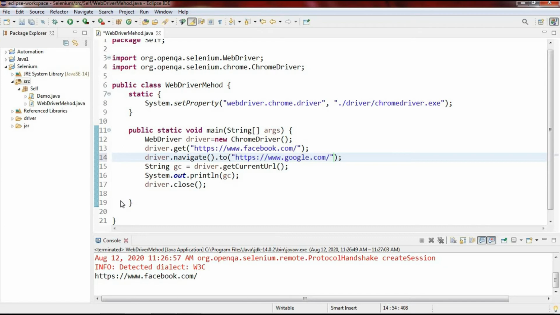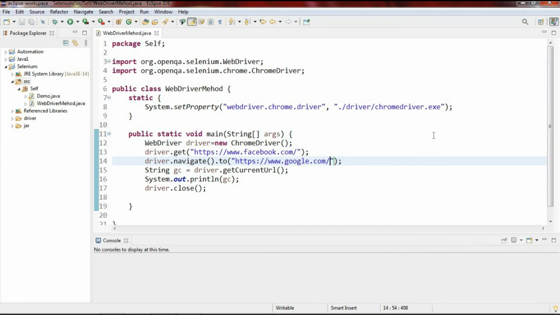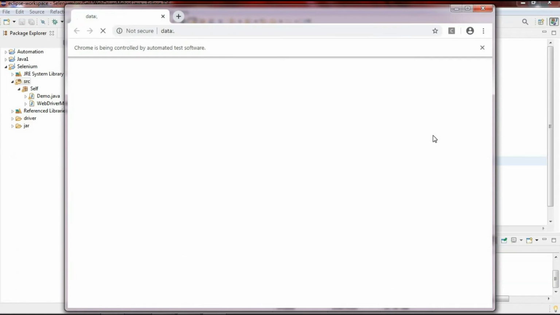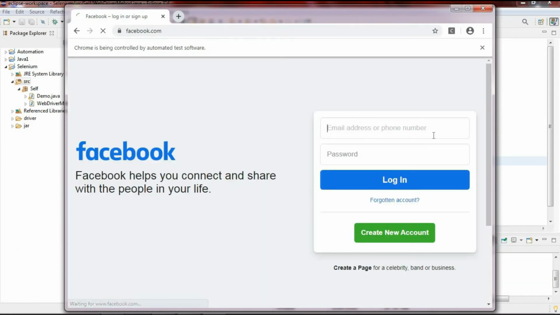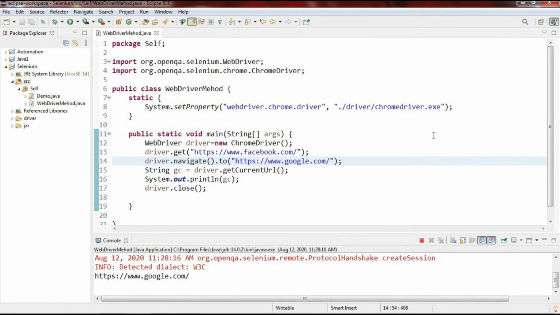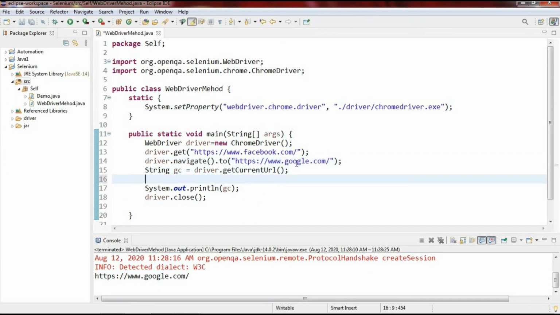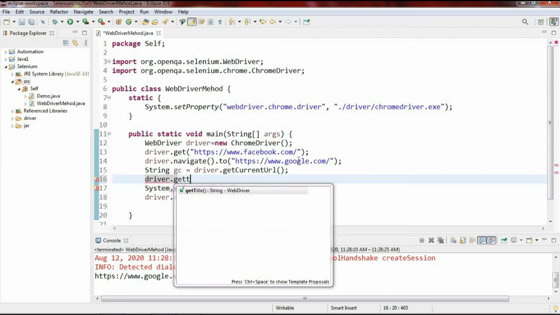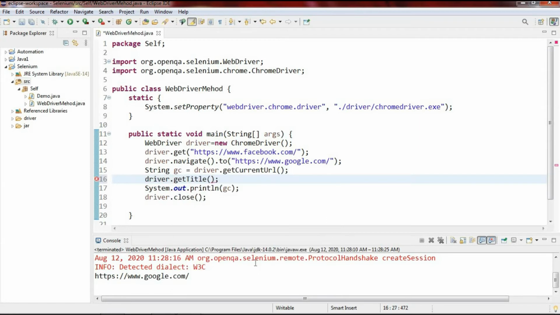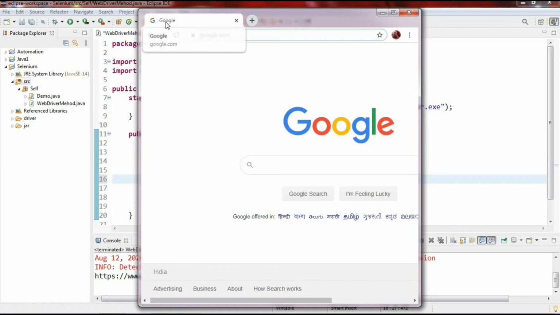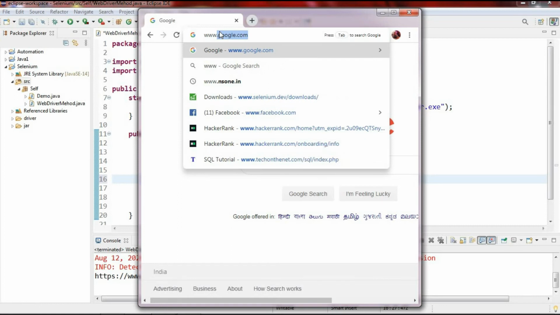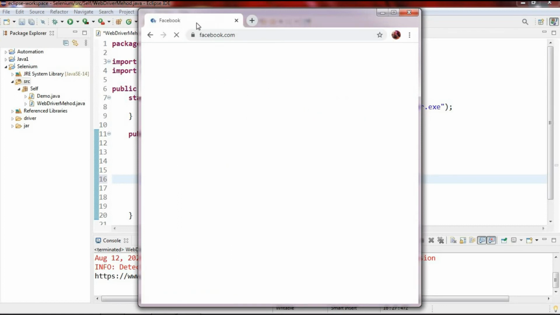So now run the program. And it switches to google.com and closes the browser. Here you can see that the browser currently being used is google.com. Okay, now one more method is getTitle. How is it used? Dot get title. The get title method is used to print the title of the page. This is the title of the page, and you can see if I enter www.facebook.com, this is the title of the page.